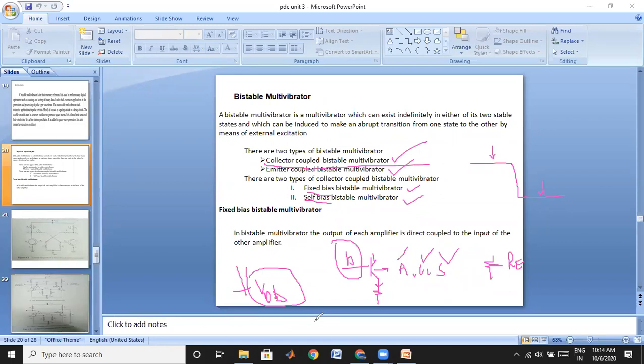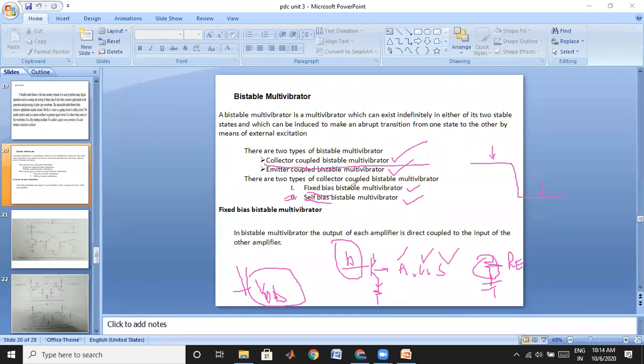The emitter coupled is nothing but a Schmitt trigger. In emitter coupled, generally we may go for all the circuits, not only the bistable multivibrator, whether it may be astable or monostable multivibrators. Mostly we will go for the self-biased circuits. Simply by changing the self-biased concept to a fixed bias, we can also go for a fixed bias circuit. But mostly we are going to study the self-bias. The only change is that instead of the biasing resistance, we apply a fixed voltage there.